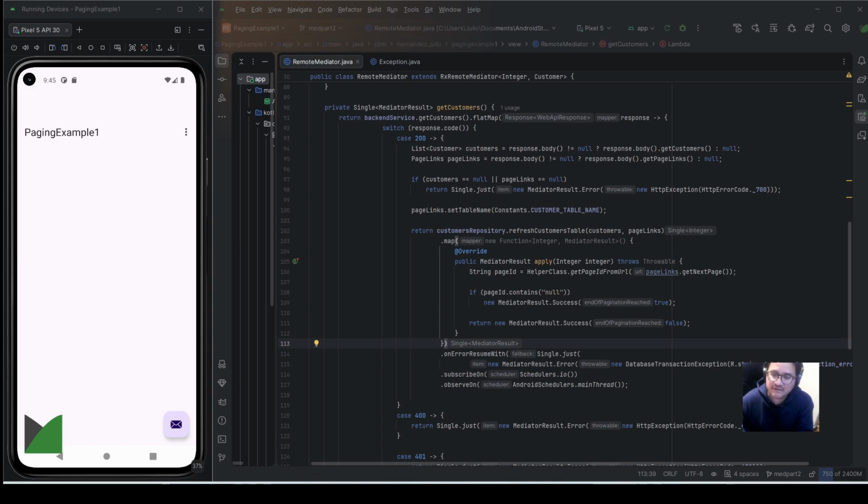Most of the time, the RESTful API's paging returns an integer for the previous page and the next page. And in this case, my API returns a string, a base64 URL string, base64 encoding string. So in this case, I need to parse that string. I need to decode and get the ID of the page, but this is not important because in this case I am storing these attributes in the database. I have a table that stores the previous page and the next page in the form of a page links